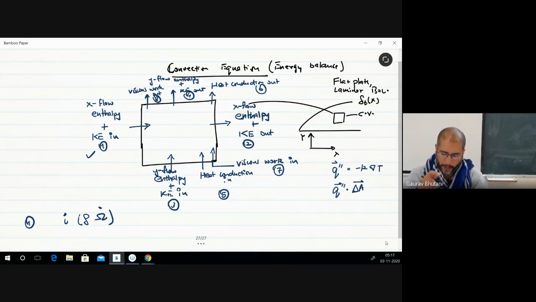Omega is the volume of this. So we use omega dot for the volume flow rate. So rho times omega dot is m dot, and then this omega dot, which is the volume flow rate, for this case, since the fluid is almost in the horizontal direction, can be written as the cross sectional area, that is my delta x times 1, multiplied by the x velocity, which is u.